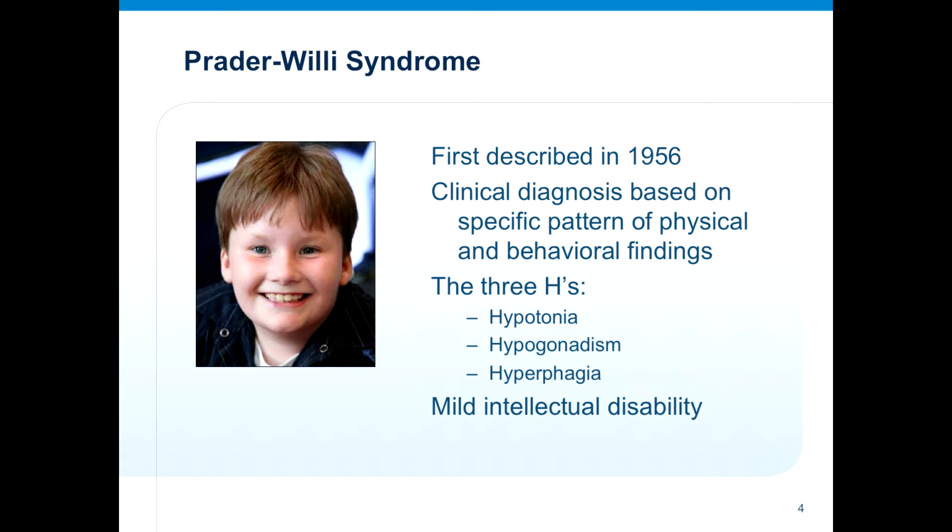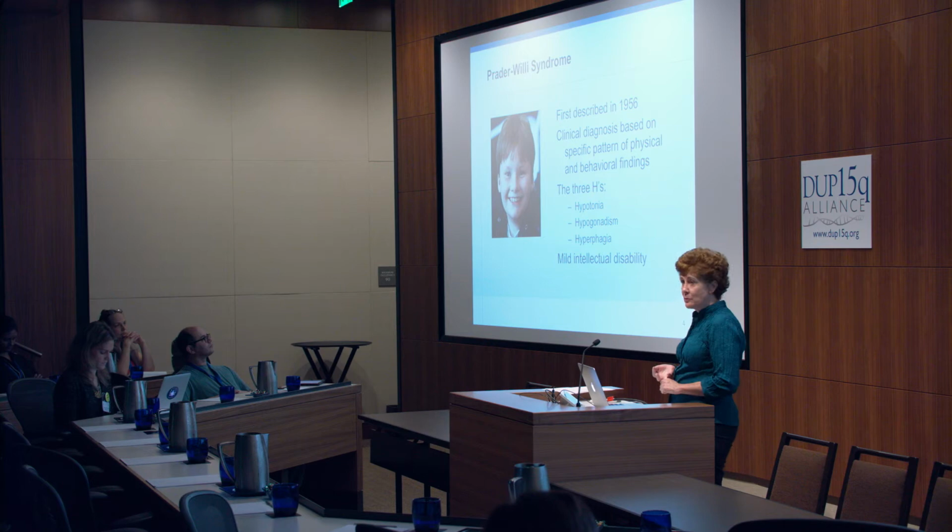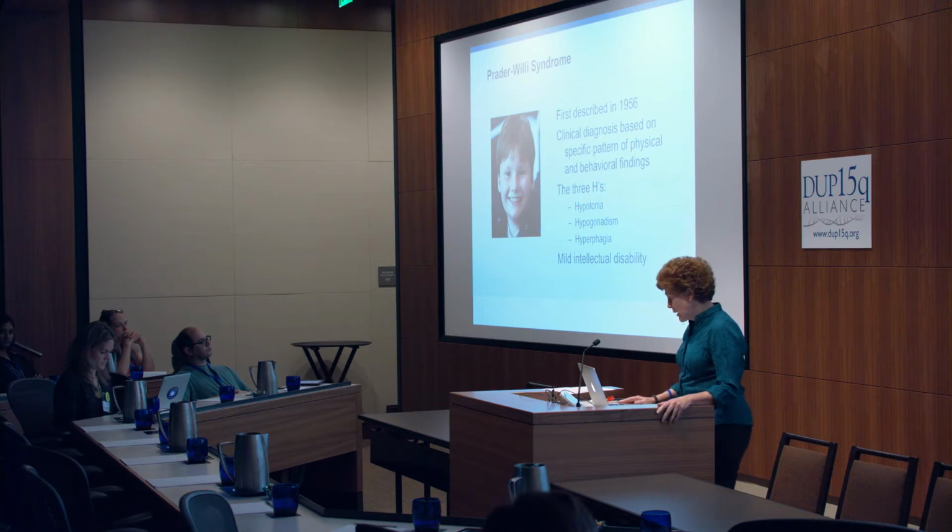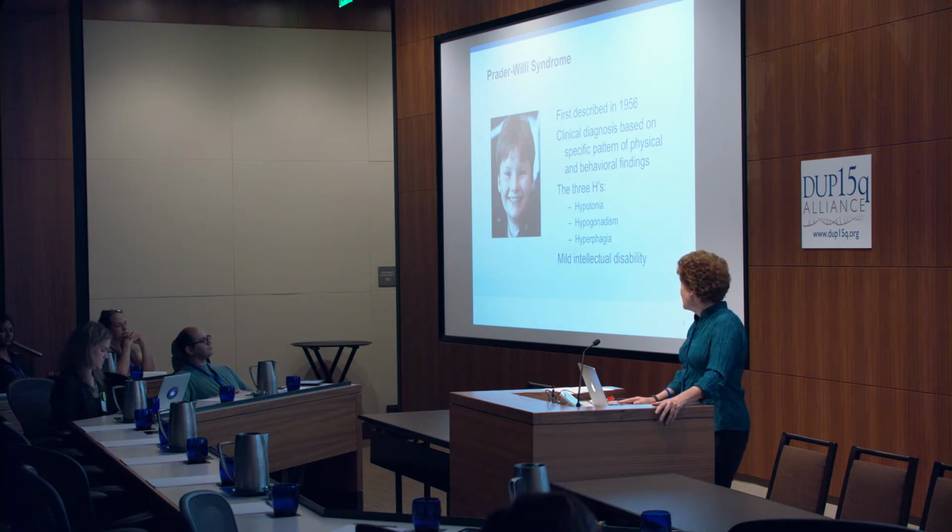It was a clinical diagnosis, and there was, again, a syndromic pattern, and there were three primary features, the three H's: hypotonia, which overlaps, of course, with our dupes, hypogonadism, or underdevelopment of the secondary sex characteristics, and hyperphagia, a very strong motivation to eat and compulsion to eat and overeat. And typically in Prader-Willi, there's mild intellectual disability, and